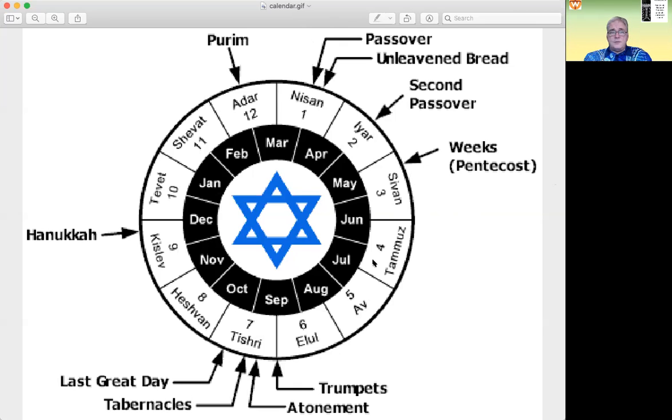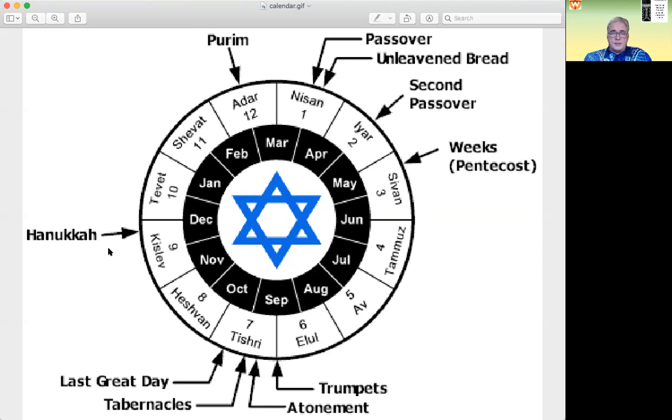Now, you'll notice there's a few other ones here, and these are ones that have actually come in a little bit later on in the history of the Israelite people. Now, remembering that Exodus comes from very early in their history, we have 1, 2, 3. But the other ones that get picked up, and part of this feast is this Day of Atonement, and